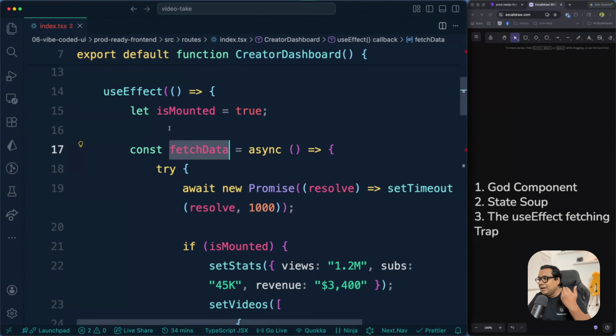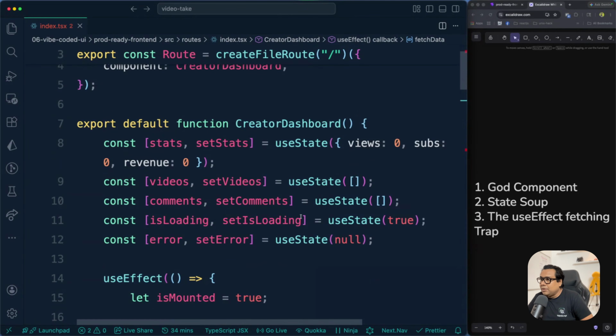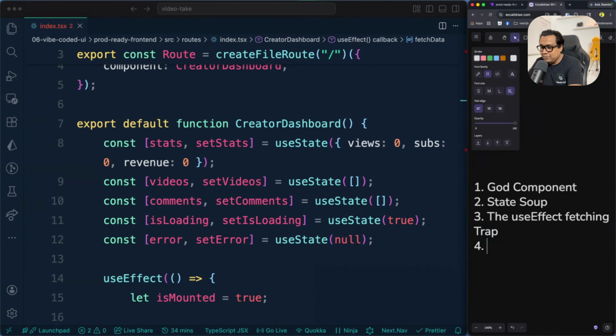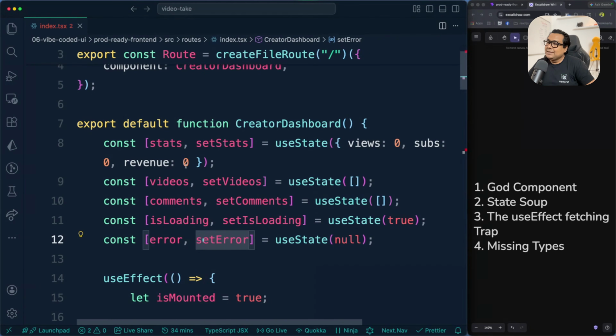So that's my number 3 problem that I identified over here. What is the fourth problem that I can identify? Okay, so the fourth problem is about types. Do you see anything about TypeScript here? It's actually missing types. We have set up a TypeScript project, but the AI gives us a JavaScript in a